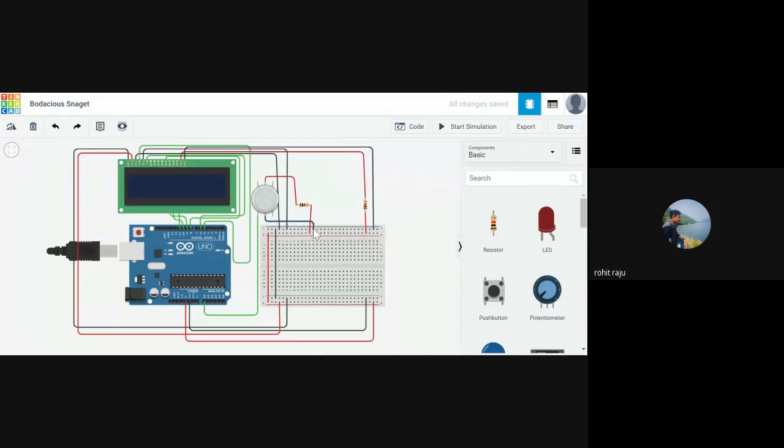Actually, I guess there's been a slight mistake. It doesn't matter. Let's delete this. Actually, the ground part should be connected to the resistor. You have connected the power part, so to clear up the space, let's connect it to the ground pin. Yeah, that's fine. Let's make it black. This is ground, this is not power actually.